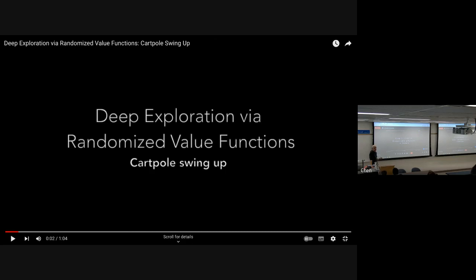So this week we are talking about control, and learning to control systems, specifically systems represented with MDPs. And we were talking about the challenges in doing that. And one of the challenges that came up was exploration.